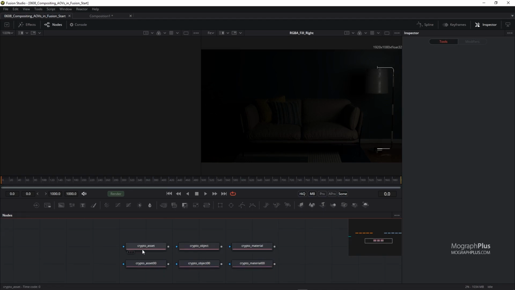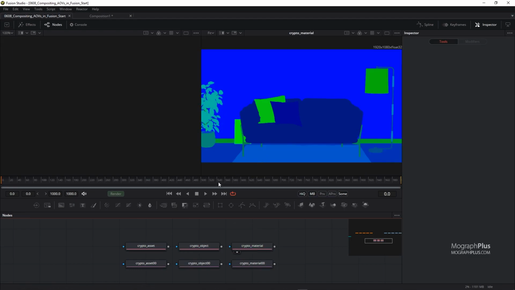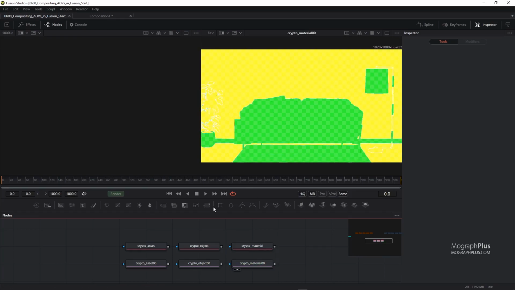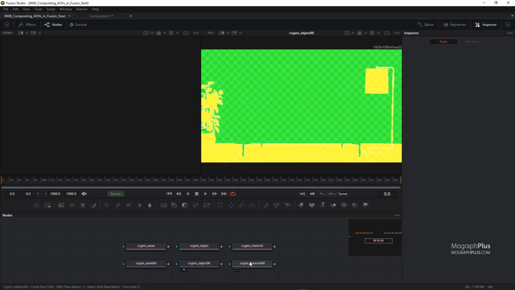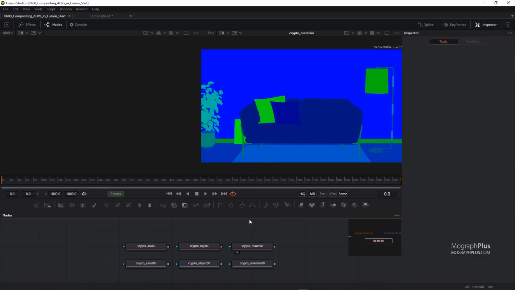These pink and purple nodes are the CryptoMatte nodes. I have kept 6 of them and deleted the rest. We have the crypto asset, crypto object, and crypto material AOVs, and also crypto asset 00, crypto object 00, and crypto material 00 nodes. We'll get back to this node later on, but for now, let's start a quick back to beauty composite using